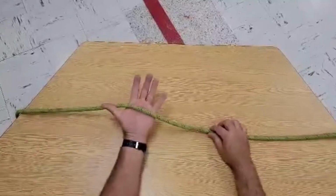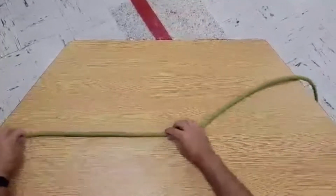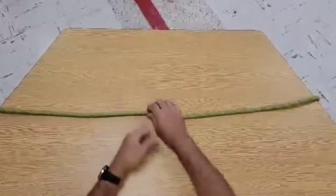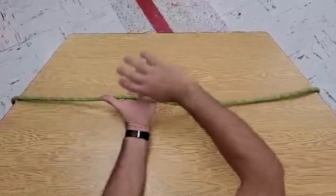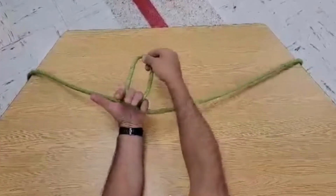The next knot is a butterfly knot. Usually you tie a butterfly somewhere in a line. Today we're just going to do it in the center. The first step is to lay the line across your left hand. And then next we take our right hand and we turn a loop clockwise and pass it over our fingers,